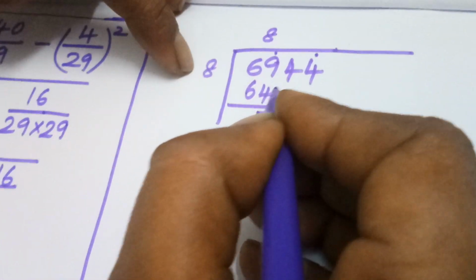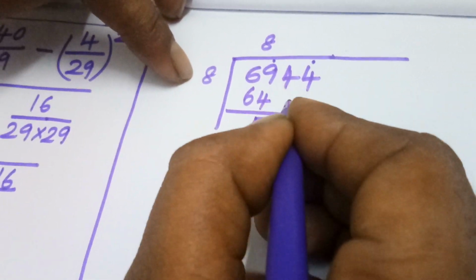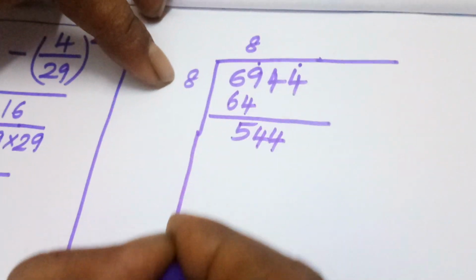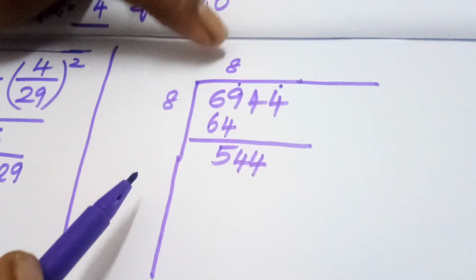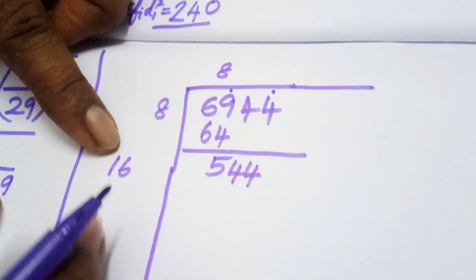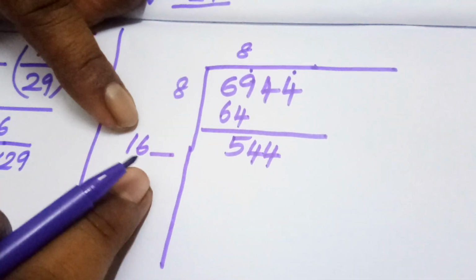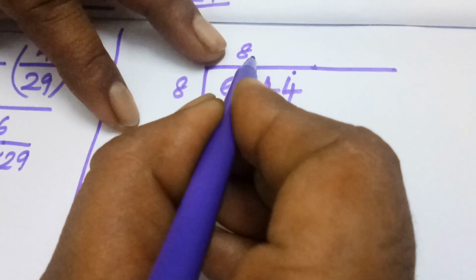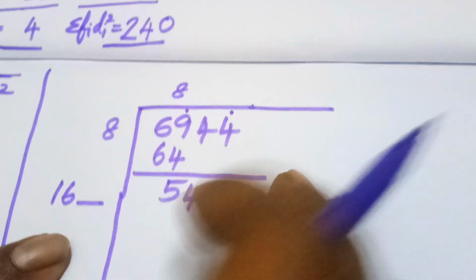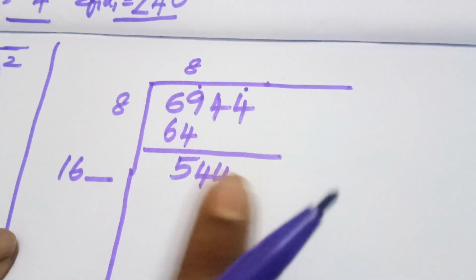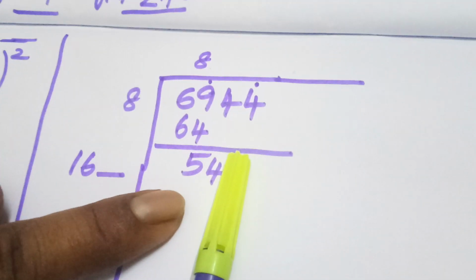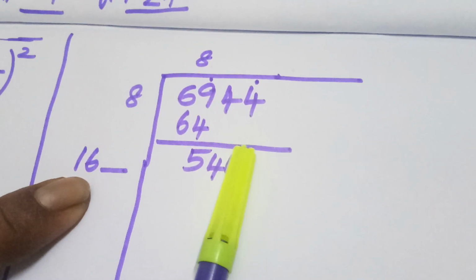As this is taking square root, we have to take 2 digits at a time. So I am going to take these 4 and 4, and then this is the method. We are going to multiply the quotient by 2. So 8 into 2 is 16. We have to write a number here and write the same number there, multiplied by the number. So we have to see how many 16s are there in 54. I am going to hide the last digit 4, and see how many 16s are there in 54. 16 3s are 48, we know.